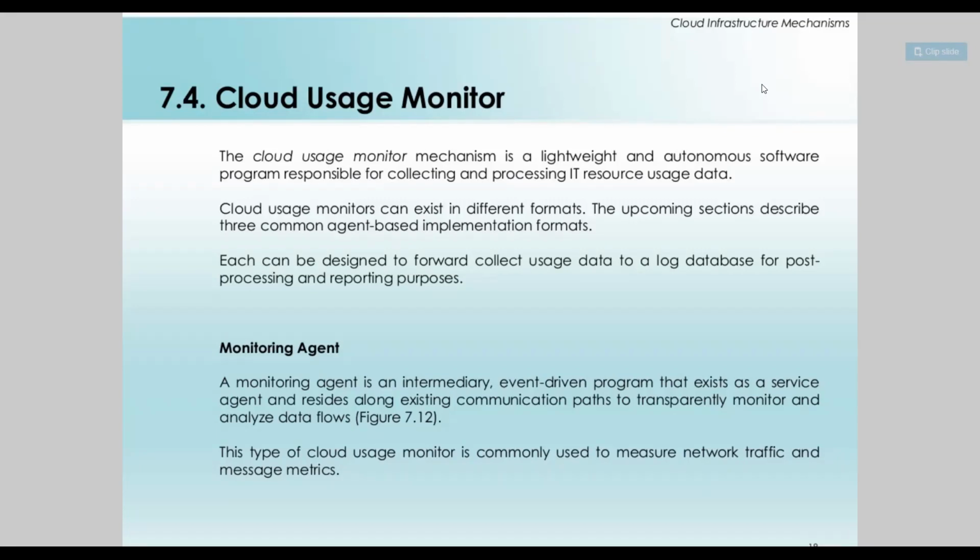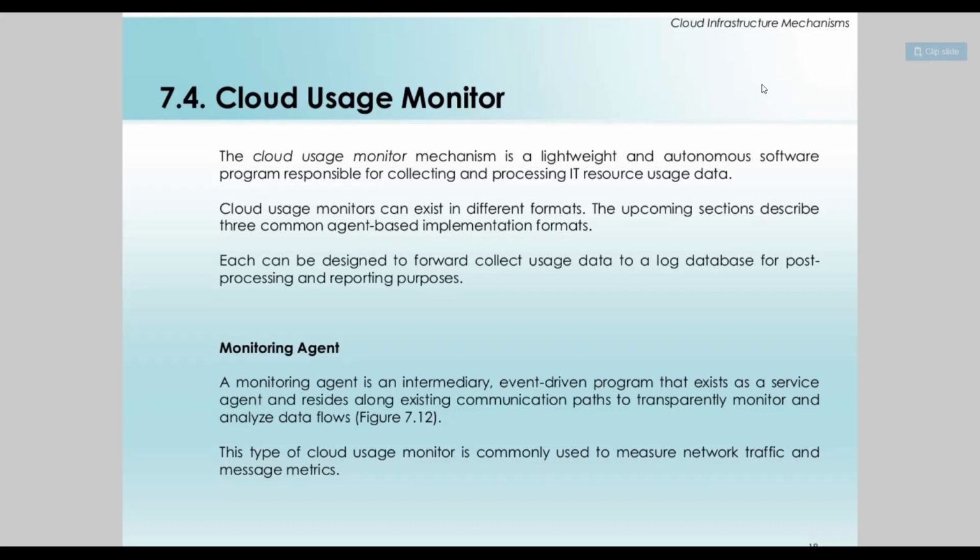The very first is the monitoring agent. Okay, so the monitoring agent is the agent which is going to monitor all your activities: whatever services you have opted for, whatever path you have selected, whatever communication mechanism you have selected, when you have started the services, when you have turned off the services, what services you have taken, which services are asked by you. So everything is going to be monitored.